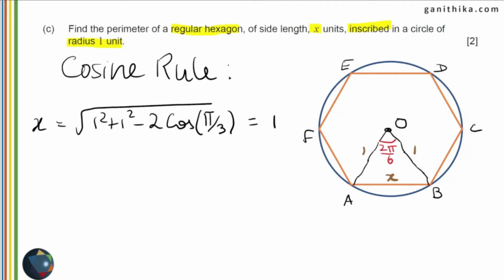So, using the cosine rule on this triangle OAB, x will be equal to 1. You can pause the video here and try to do it in your notebook and find out the value of x and also the perimeter of this hexagon. Are you ready? The perimeter of this hexagon is going to be 6x, which is 6 times 1, which is 6. So in the first case, the equilateral triangle, we had 3 root 3. In the case of the square, we had 4 square root of 2. And in the case of the hexagon, the perimeter is 6. So make a note of this in your notebook. Maybe you can circle all the answers and keep them ready because there is a pattern here.